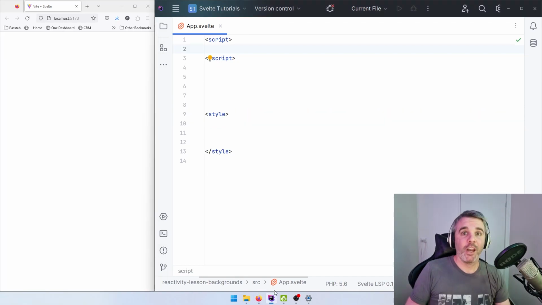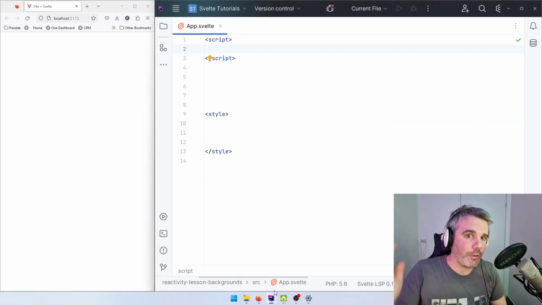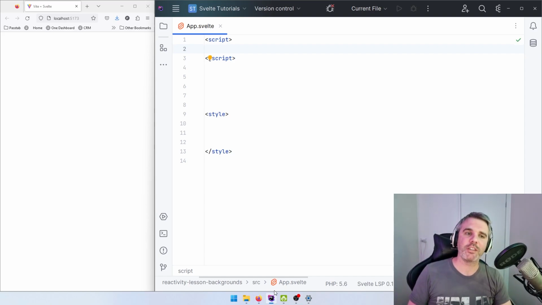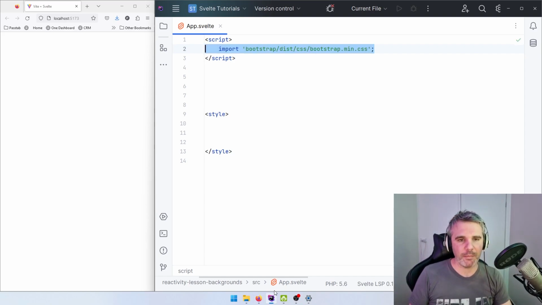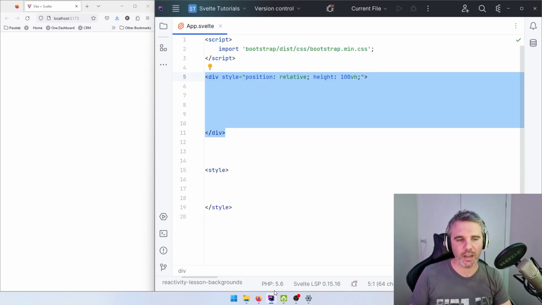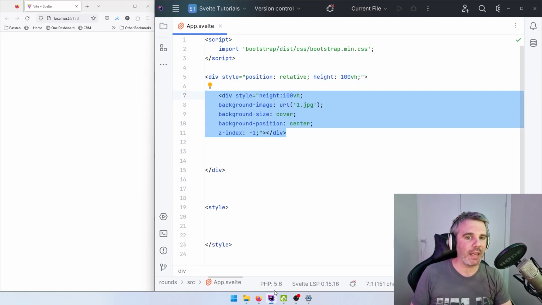Okay, so what we'll really quickly do, we'll just run through chucking some HTML on the page, just so we've got something to work with. The first thing, it's going to be in Bootstrap, just so it looks beautiful. I'm going to have a surrounding div, relative, full height of the window. We'll pop a div in there with a background image. The one.jpg is going to be important for how we get this to work a little bit later,